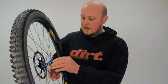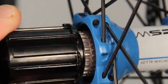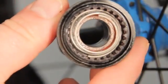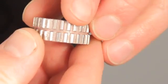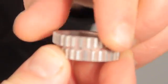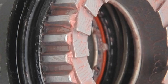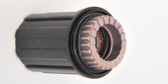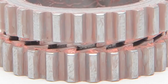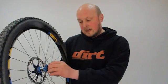Then we go on to quite a different system which DT use, and this, instead of using a ratchet and pawl, uses two clutch plates, one of which sits inside a spline in the hub body, one sits inside a spline in the free hub body, and both are sprung together, and they basically spin against each other, and they've got teeth here which interlock, so they can spin like that and unlock, and then when you pedal they engage. The only thing with this system is to make sure that you keep these grooves really quite clean, because if you get a lot of grit in there, these springs aren't particularly powerful, and it can cause the clutch plate